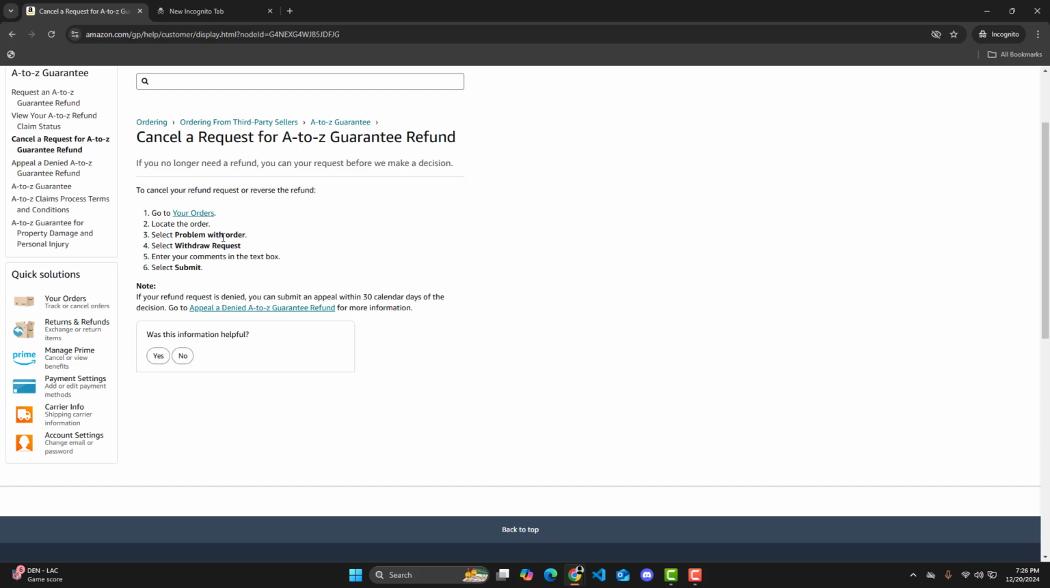But on the mobile app, what you want to do is basically go to your orders, click on the three horizontal lines on the bottom right, and then go to orders, and then from orders, go to the item that you want to cancel the return request, and then go on view return label and instructions, and then there should be an option to cancel the